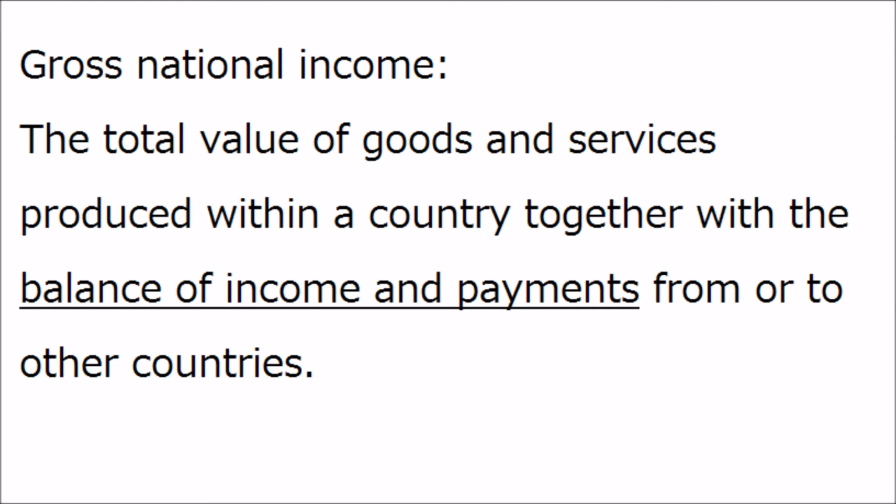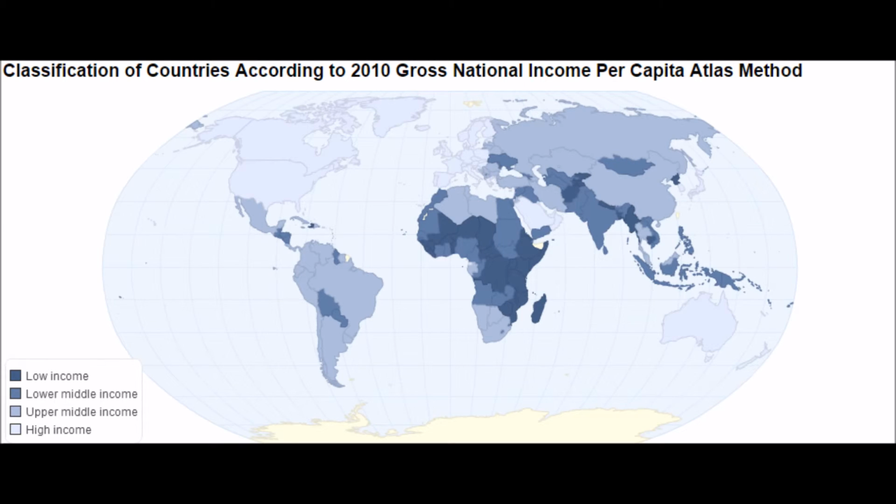Finally, gross national income is the total value of goods and services produced within a country together with the balance of income and payments from or to other countries. Here's a graph for gross national income all over the world. The scale is divided into 4 sections here, where low income means 1,005 US$ or less per year, and high income means